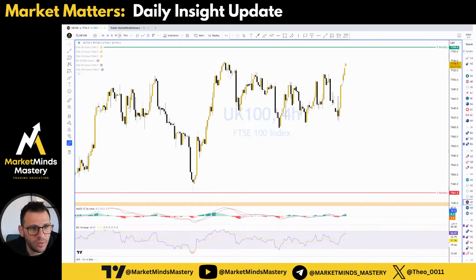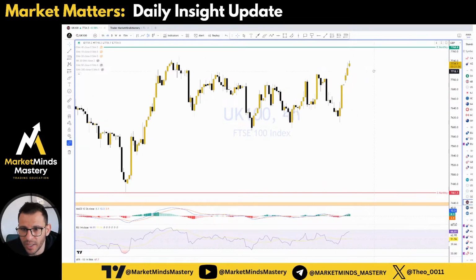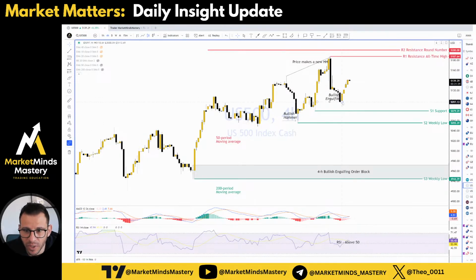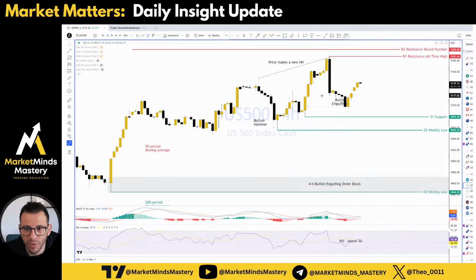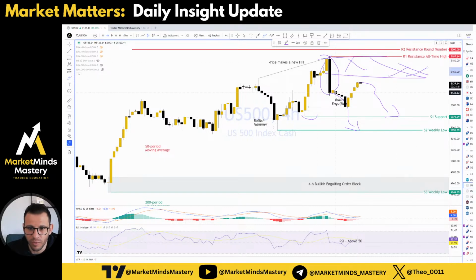UK 100, for those that are interested, this trades sideways. We have this monthly resistance here, so if you're trading until here, it's the room of opportunity. S&P 500, we mentioned that if this bearish engulfing candle will create a new market structure and make a low lower than this one here, but it didn't happen. So let's see if this is going to continue, or the price maybe is going to find some support from this region here. Okay guys,